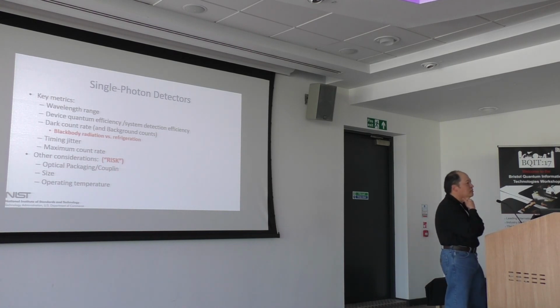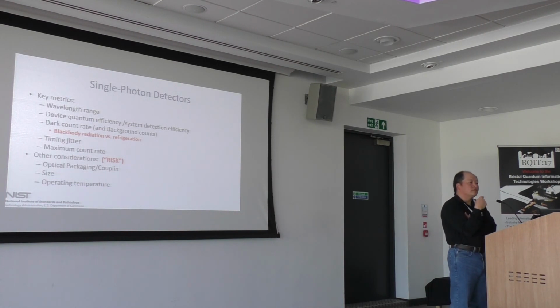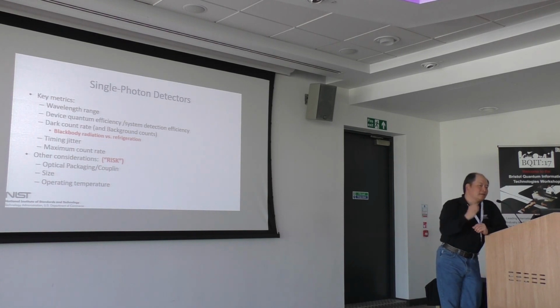The other, of course, interesting thing is you do want to have very few false positives, so very low dark clicks or dark counts. But one thing to recognize is that a source of background counts can just be the fact that your experiment is at room temperature and it emits black body radiation. So one interesting thing to think about is